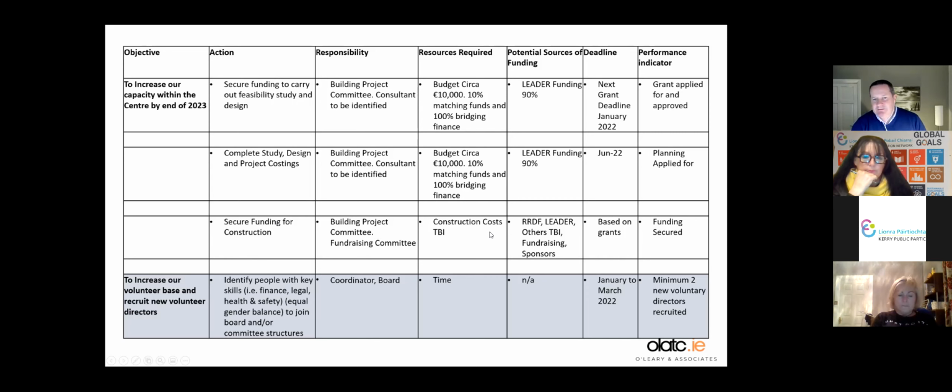The construction costs, we don't know yet because they're not there. They'll only be known after this process. Potential sources of funding, again, they would have looked at with the consultant, where potentially can we get this funding from. Again, there are your funding sources here. The deadlines, again, are unknown at this point until they're released, and then the funding secured. That's the indicator. So using this template, this action plan, they will revert back to this time and time again,